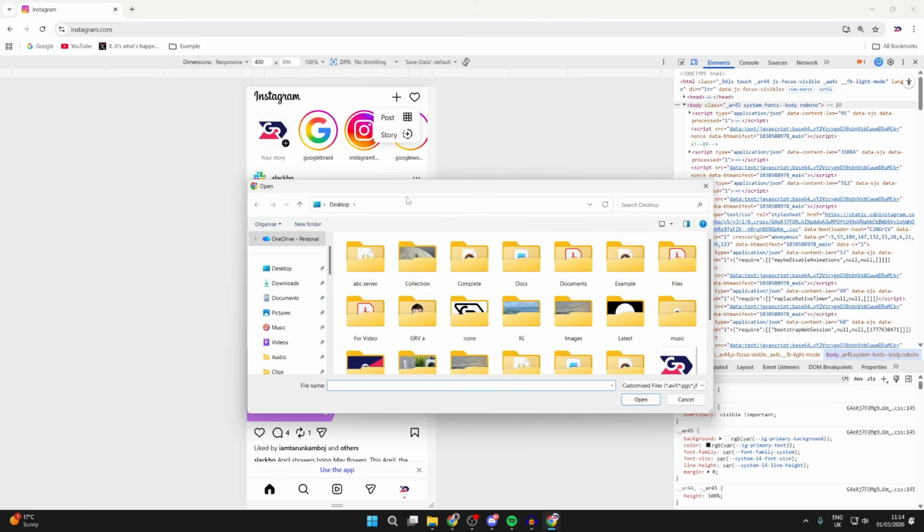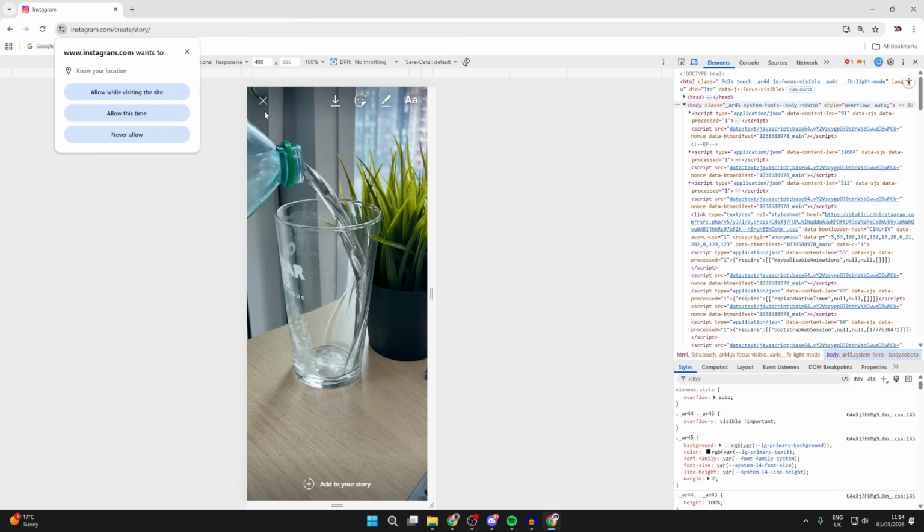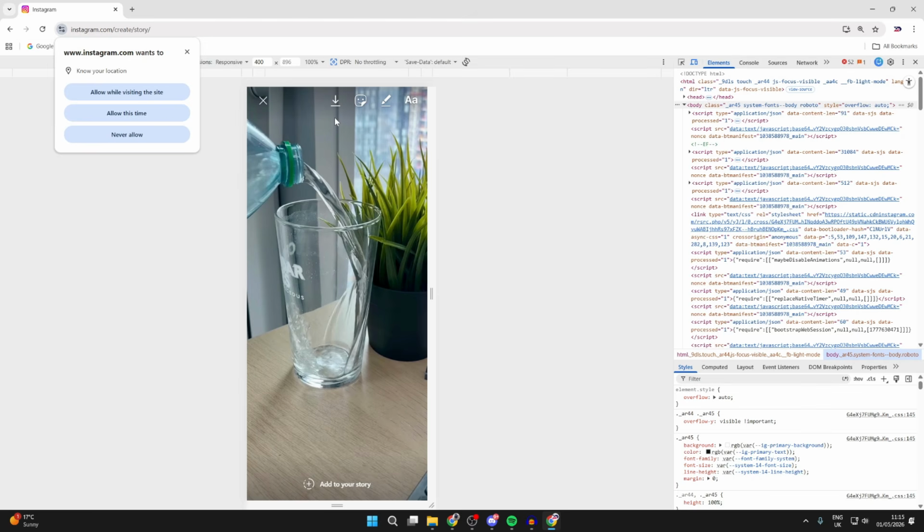the option for story. Now our file explorer will open up and you can choose this, or what you want to post I should say, press open, and here it is. Now in the top right, you could go and click on the stickers. If you look in the top right, there are some different options you can use,